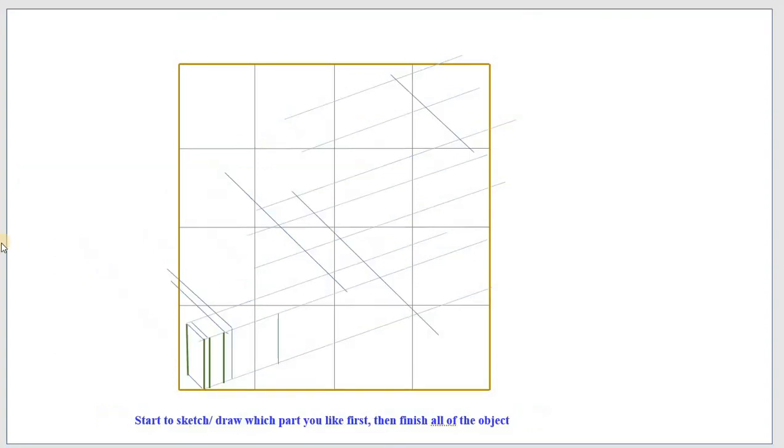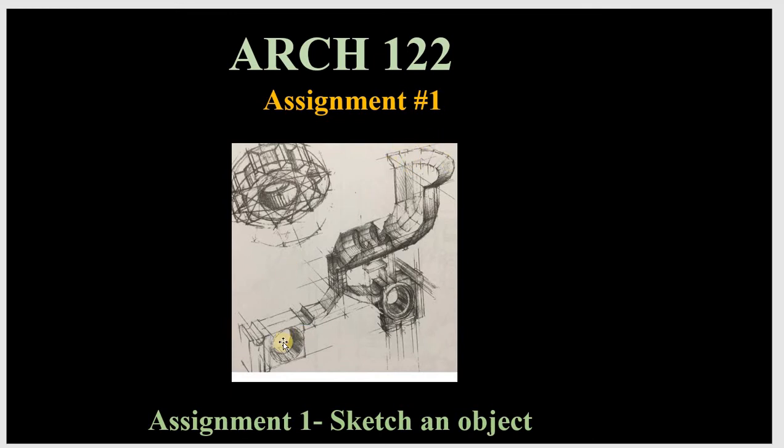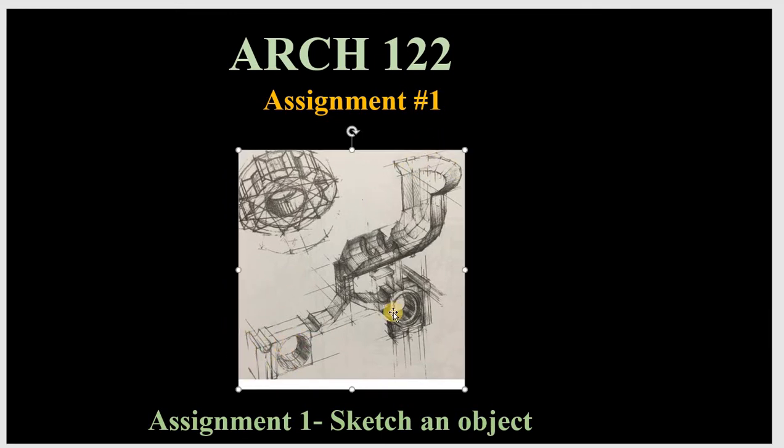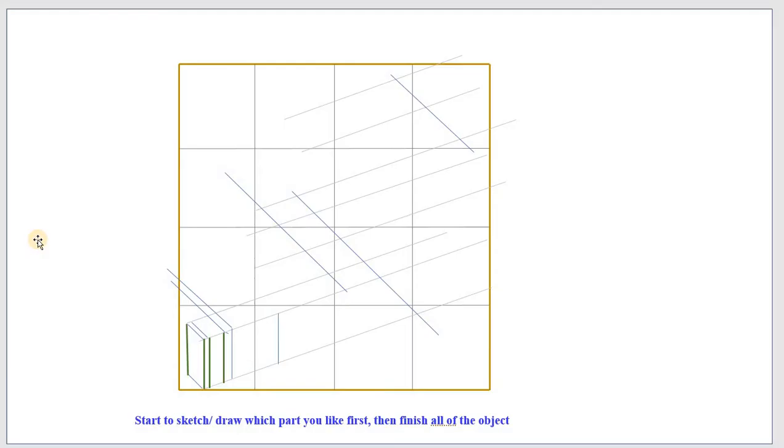Okay, continue. You can start any part from the sketch. For example, the sketch right here, you can start from here. You can start from here, or you can start from the cylinder on the top one. However, everything you can start, you can focus on that one when you sketch. So now, for example, this one, you can start from this one,